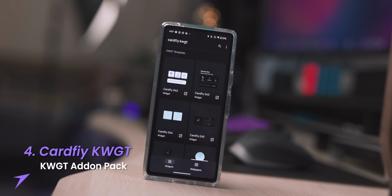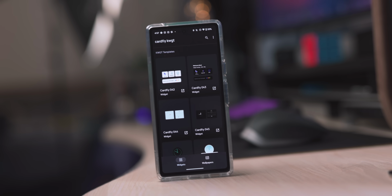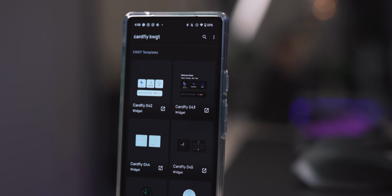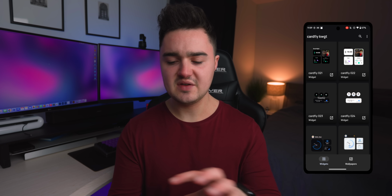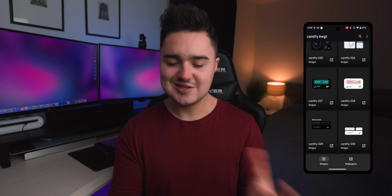This is a widget pack filled with all these card-shaped minimal widgets, and a lot of them are weather widgets. You've got clock widgets, calendar entry widgets and things like that. But there's a lot to choose from. You even have media playback ones, and there are also quick toggle ones, just useful